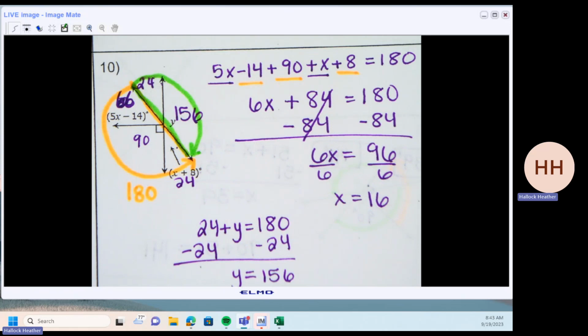I want you to start on the front. The front will work you up to the back. The back has the harder problems. Start from the front so you get used to